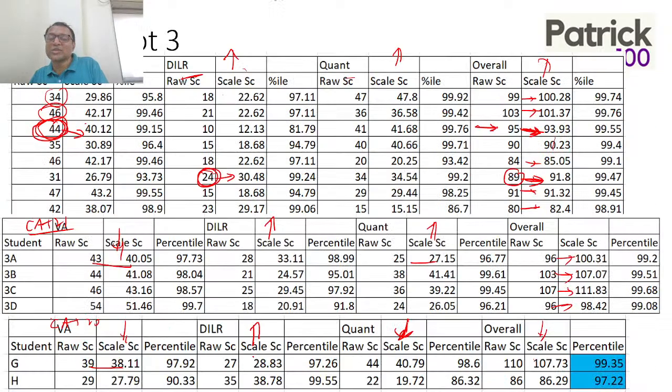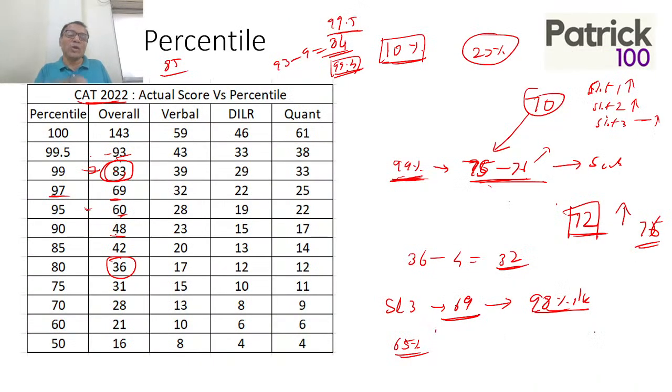And slot 3, again, 2 years there was scaling up, 1 year there was scaling down. Scaling up was around approximately the same. Here there was scaling up of around 3-4 marks. Here there was scaling down of around 2-3 marks. But in most cases, scaling up happens. Scaling down will be very small, a couple of marks, not much. Again, I say when you look at a percentile, last year's minus 10 percentage, that is this year's percentile.